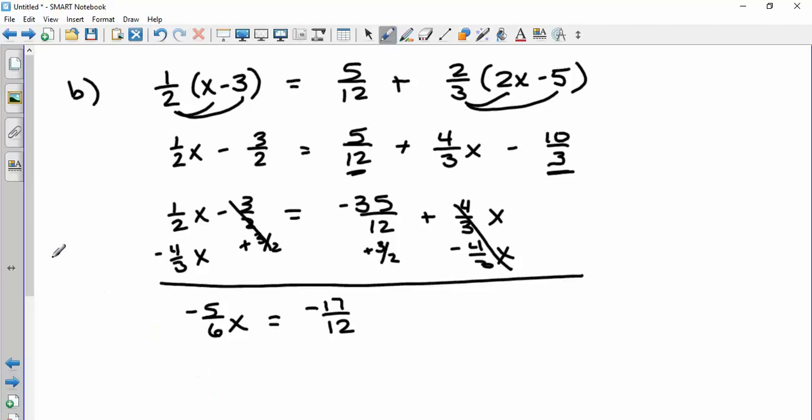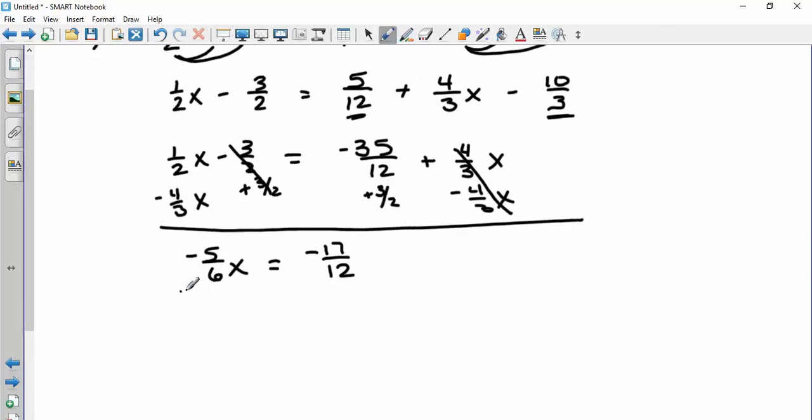And then what do we need to do? Divide by -5/6. When you put this in the calculator, make sure you put the top and bottom in parentheses. And we get